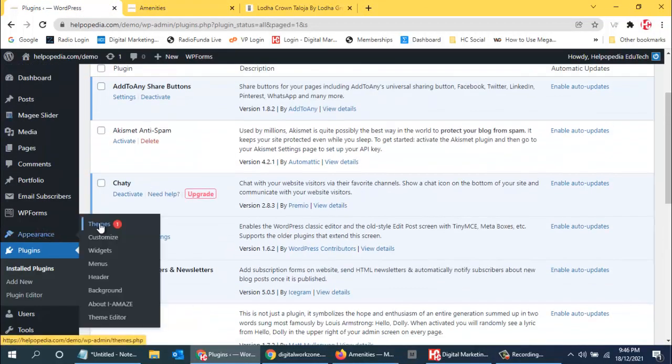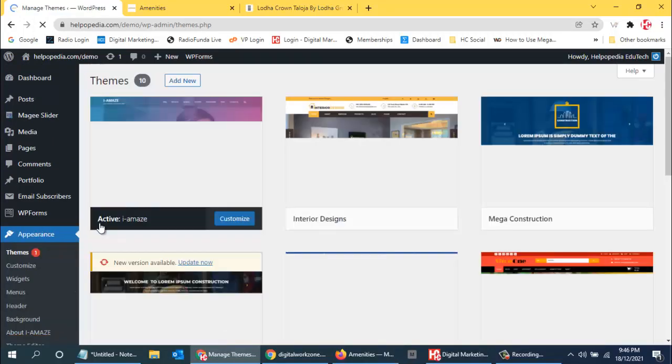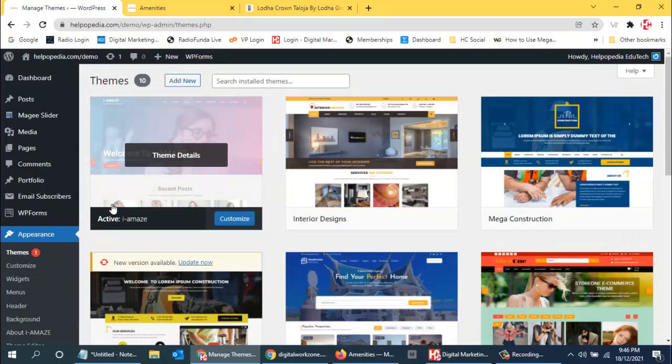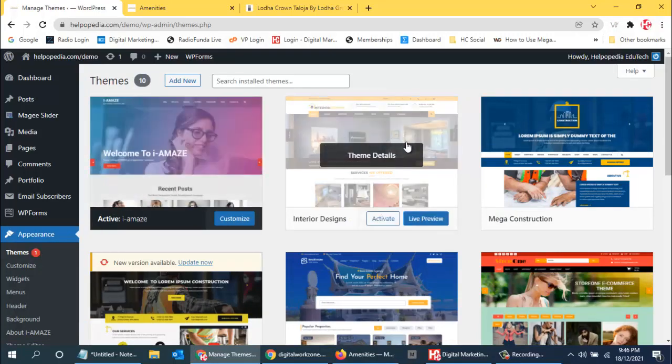See, I think even this is having a slider over here. Okay, let's add new theme.